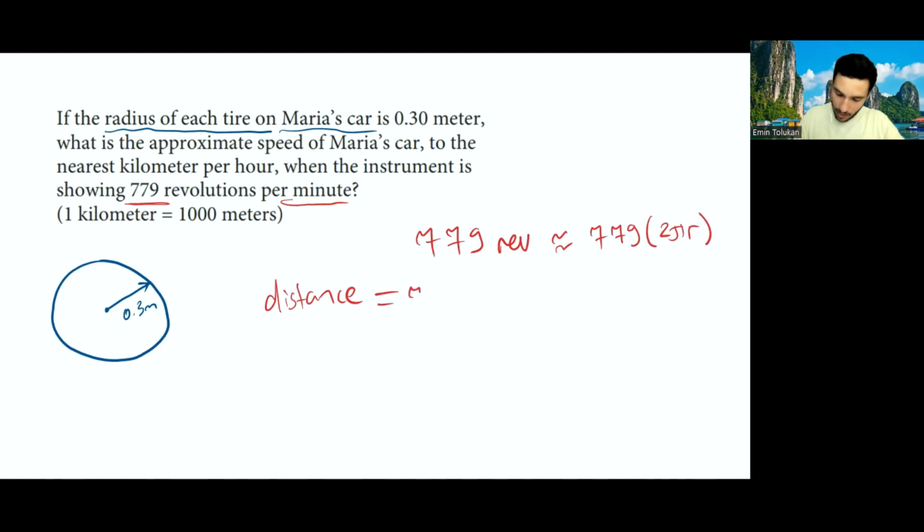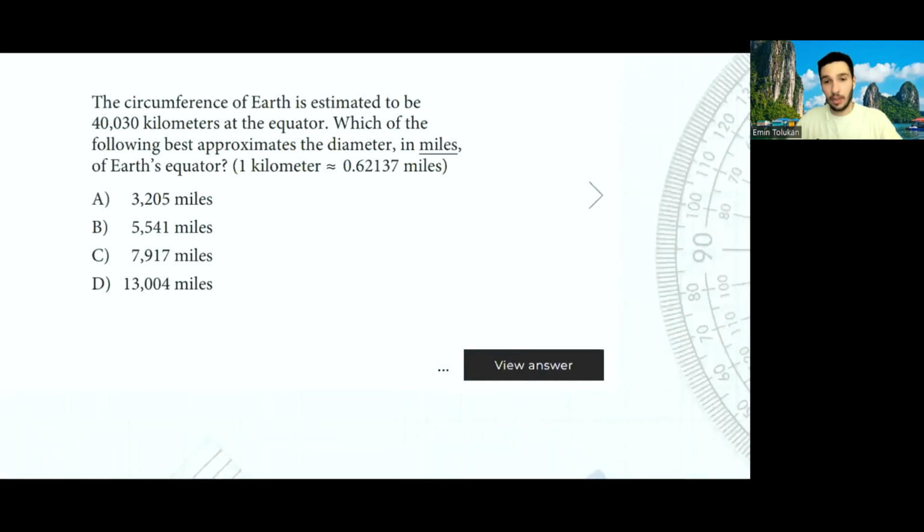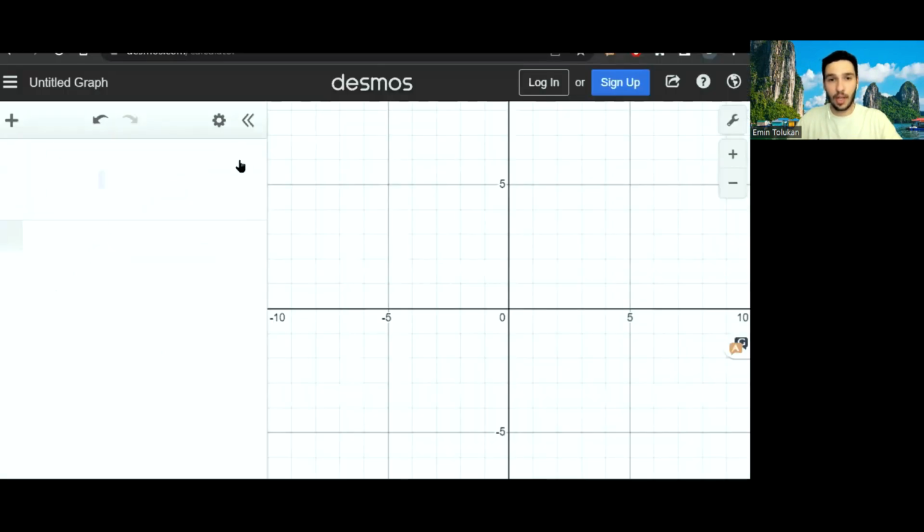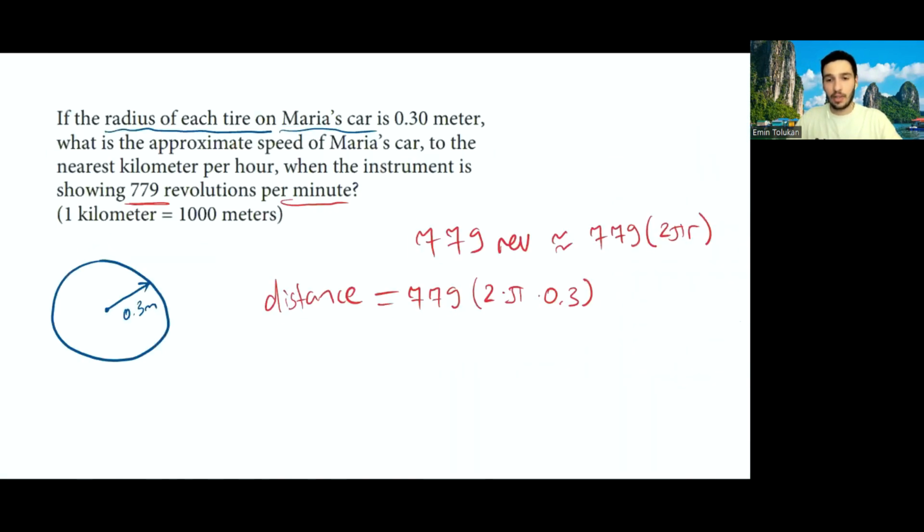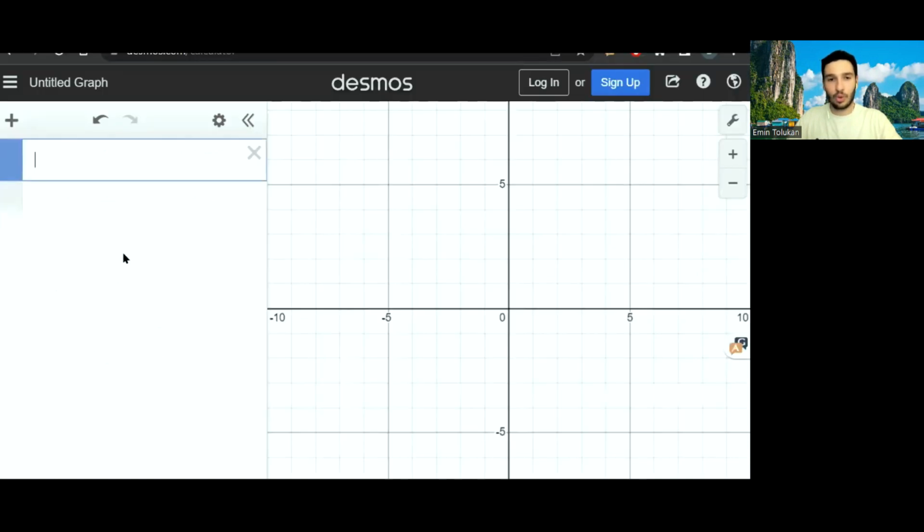So 779 multiplied by 2 times pi times 0.3. And to be precise, we also need to use Desmos, of course. So let's try to do it right here. 779 times 2 times pi times 0.3. Okay. That gives me